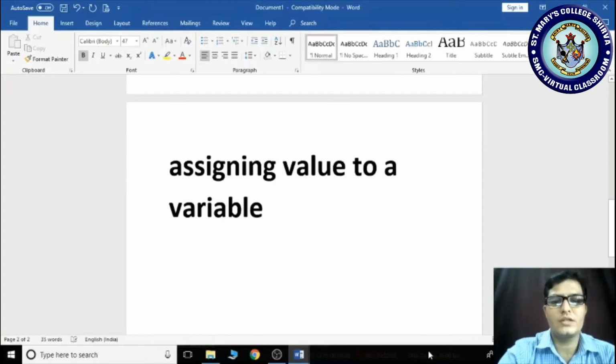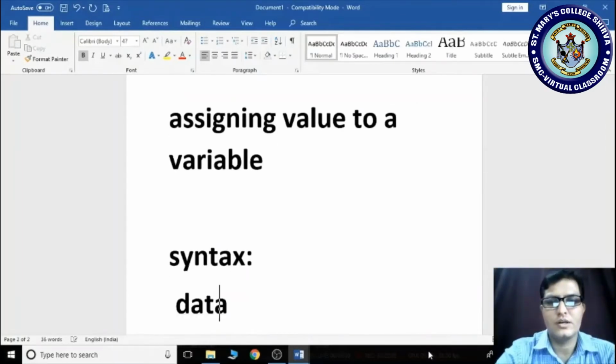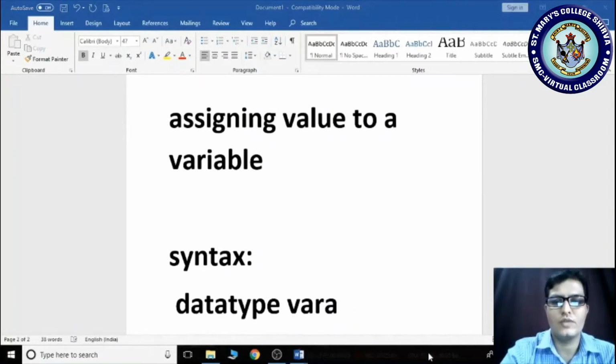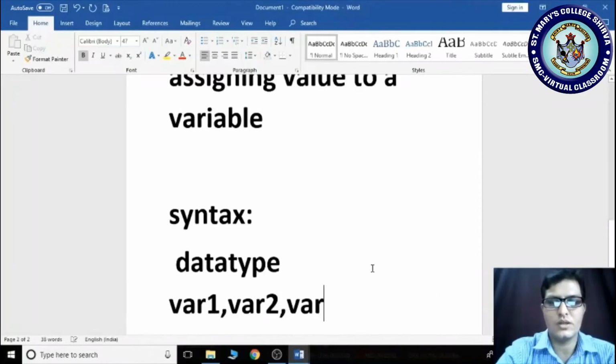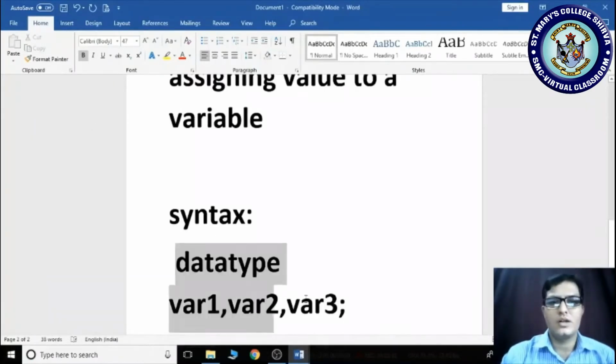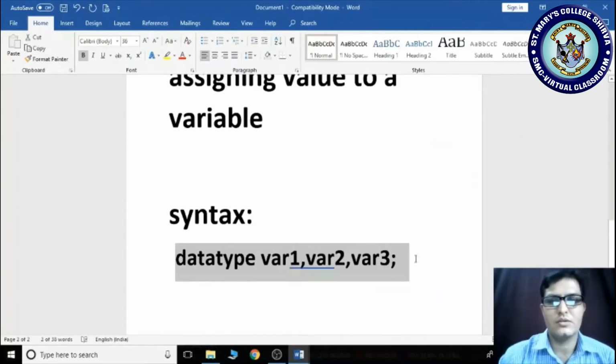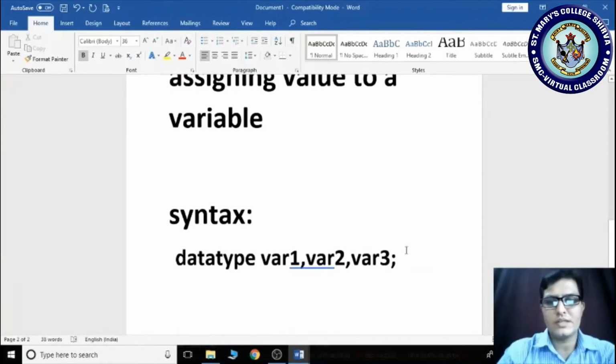For example, its syntax is, please observe here: data type variable1, variable2, variable3. It must end with a semicolon. It should be within one line, and should not go to the next line.